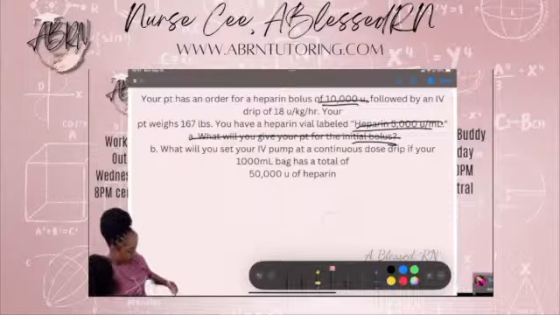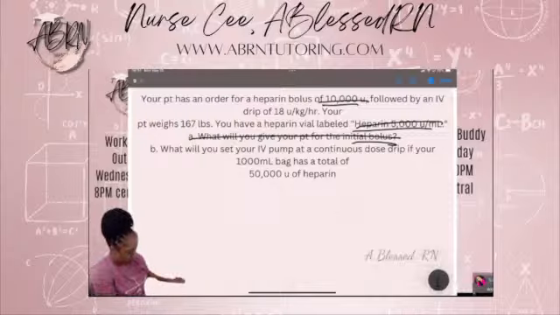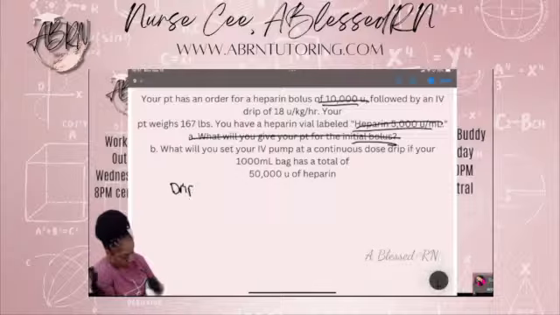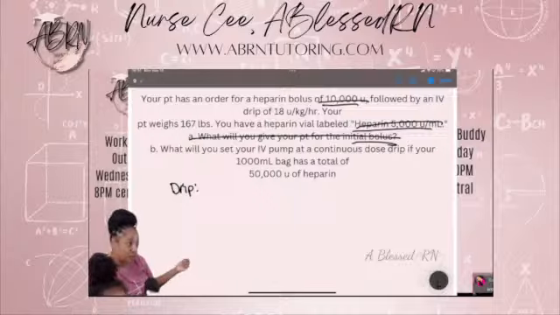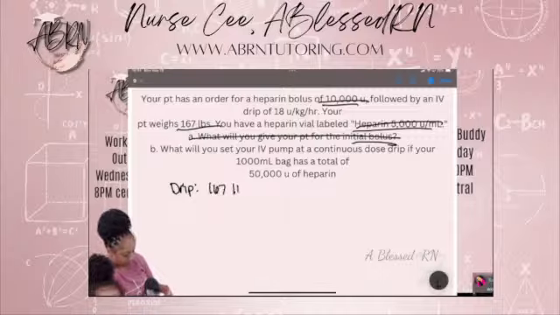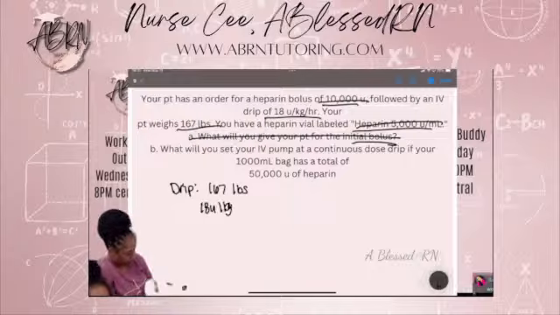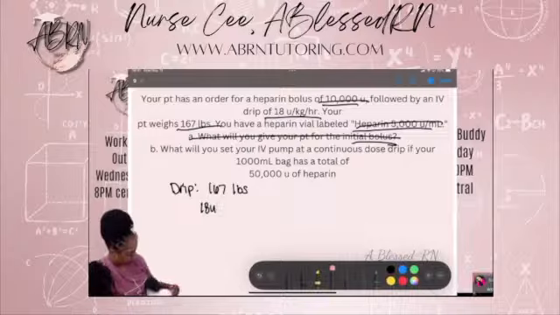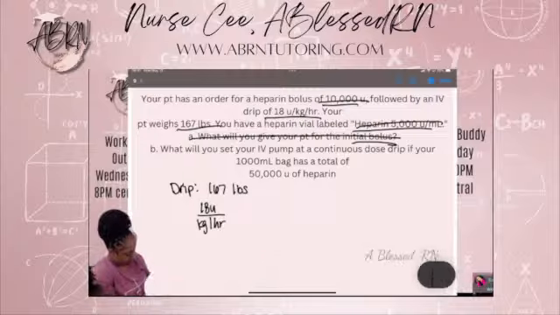Remember when I said the bolus is just a one-time administration, and now the drip is going to be a continuous thing, right? So it's a weight-based problem. With our weight-based problems, PPP: patient, prescription, product. Our patient's weight is 167 pounds. Our prescription is 18 units per kg per hour. And then we've got 50,000 units